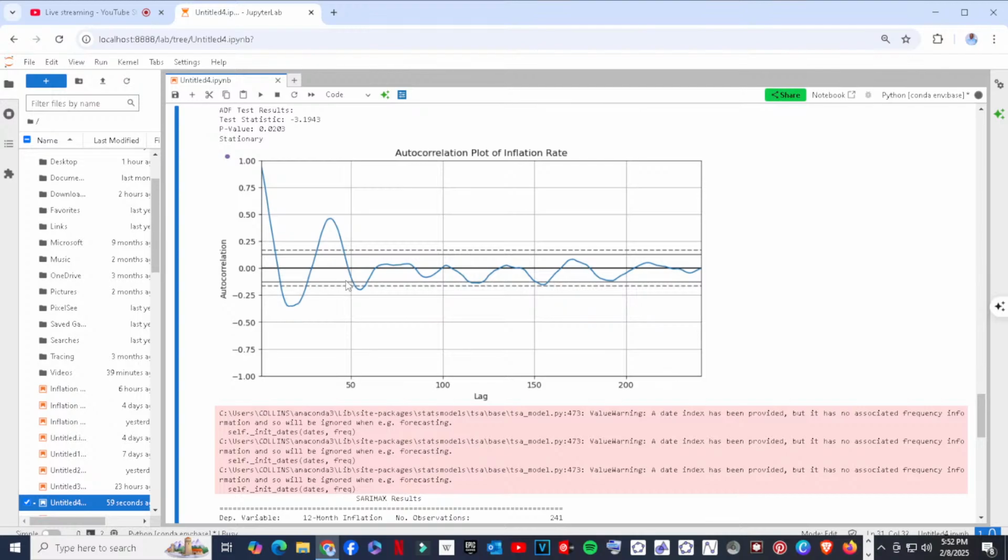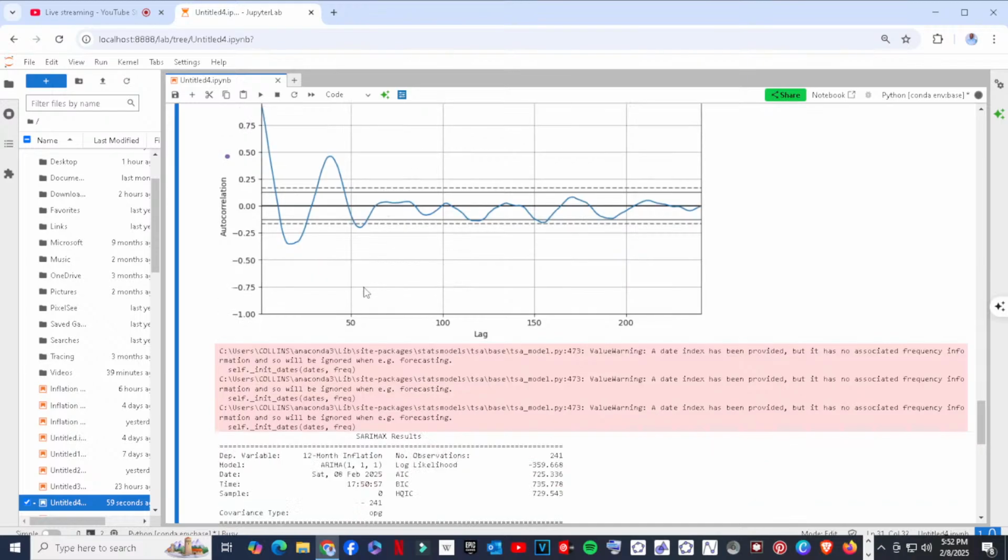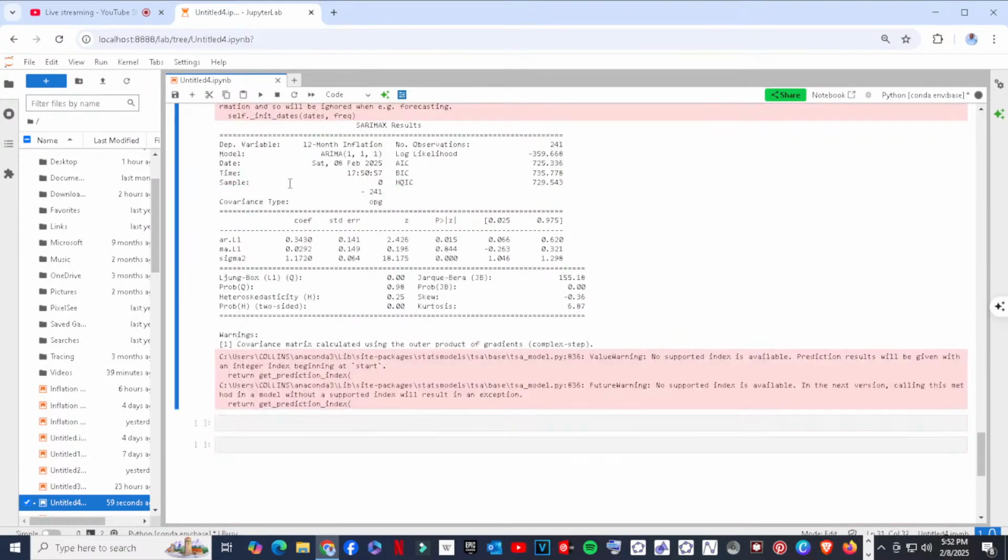And this tells us that our model is reliable. We can rely on it to predict future inflation rate. So these again are some of the results that confirm that our data fits well, and so we can rely on it to make predictions about the future.